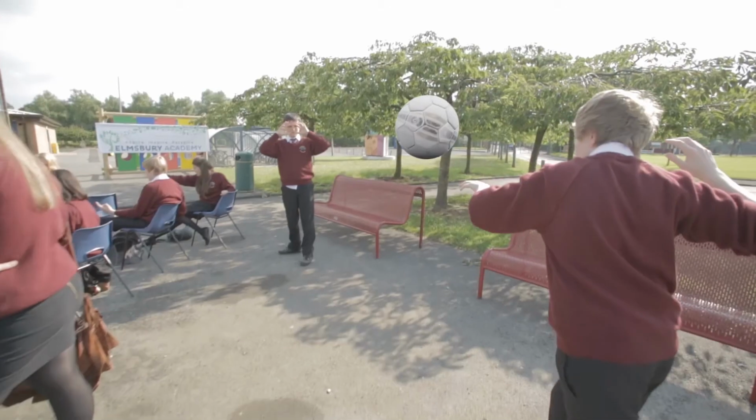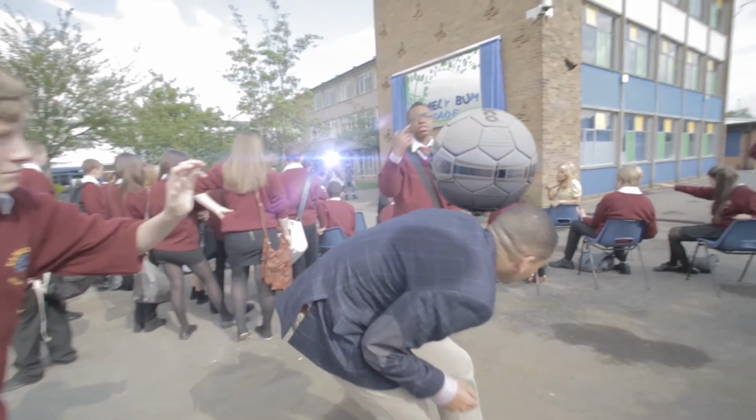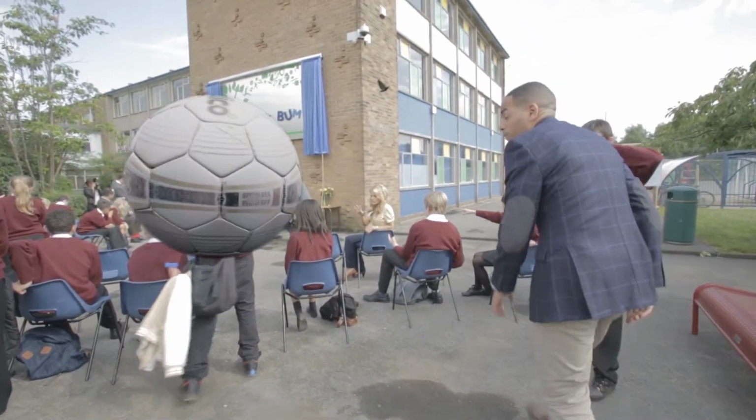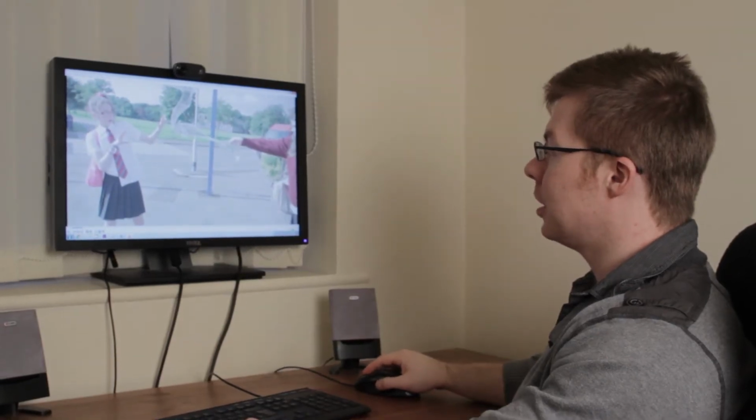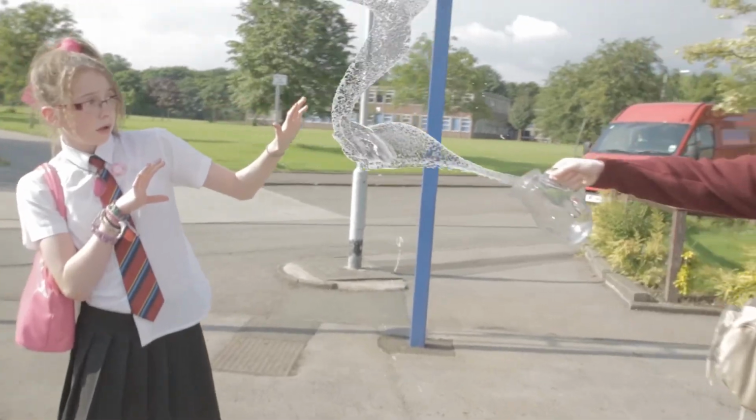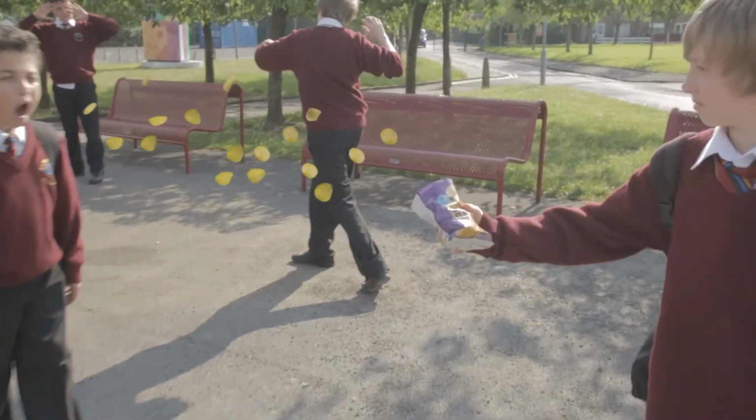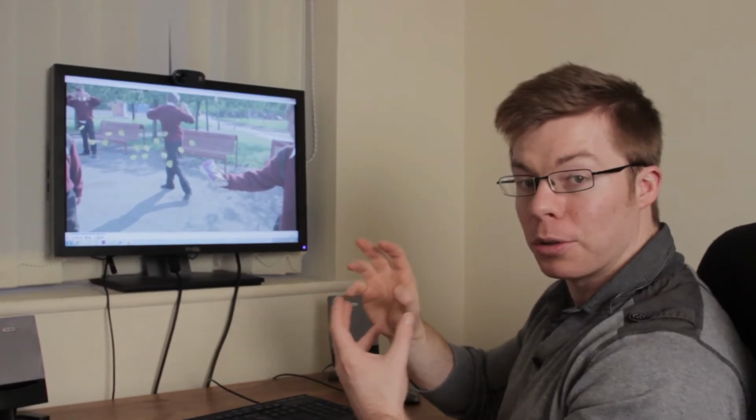So what we've got there is a frozen football that's suspended in the air. The idea is I've got some frozen water there, frozen crisps. This would have been very difficult to do with physical props. I'm going to show you how you can do those time freeze effects.